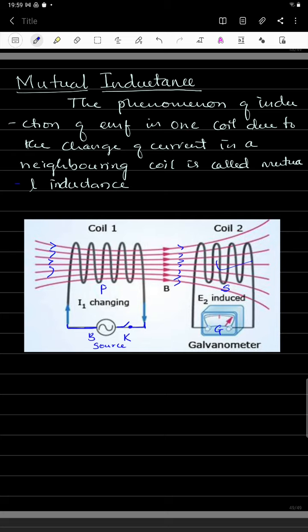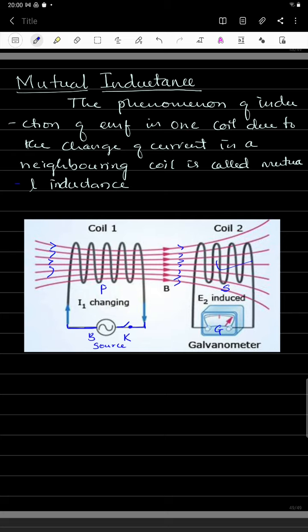On what factors do all these things depend? It depends on the number of turns of the coil and the primary current. It means if you pass a minimum current, then the magnetic flux generated in the primary coil is minimum. Due to that, in the secondary coil the galvanometer deflection gives only a small change. So that is one of the factors.